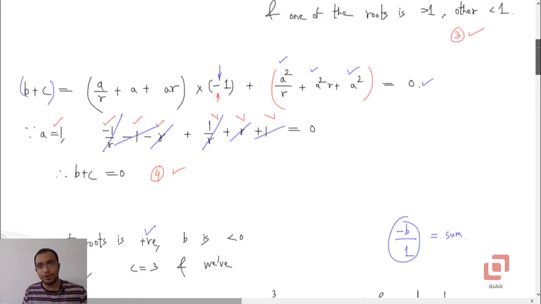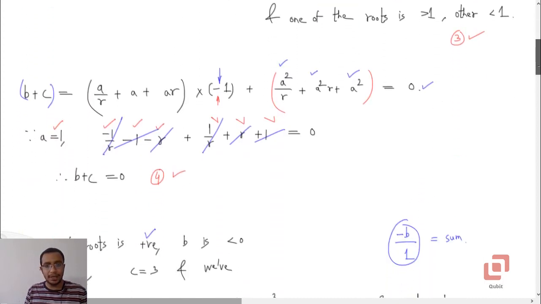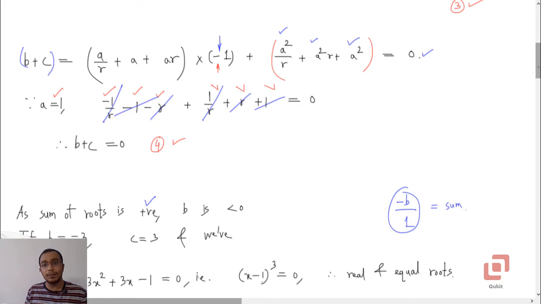So we have now chopped out this part from the range, and that part is the interval 0 to infinity, or the set of all non-negative real numbers. So now we need to check whether b can lie between -3 and 0. That is our job. If we prove that b can't be in this interval, then option 1 will also become the right option. And to do that, we are going to take the help of derivatives.